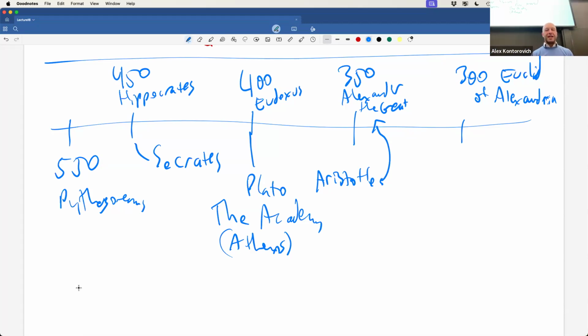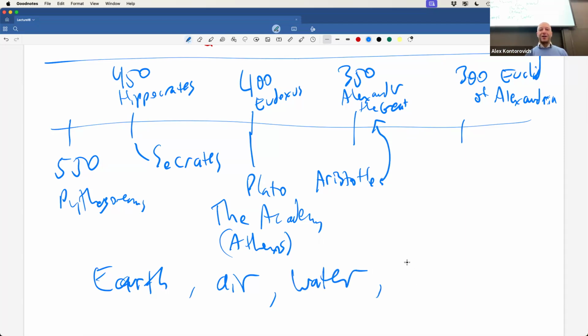So what people conceived of, what are the objects that we interact with all the time? We have Earth, the ground. They thought of the ground as an atom, like a little atom of Earth. They thought of air, a little atom of air. We obviously can feel that we're breathing something. There's something around you. You have wind. There's water. Everybody needs to drink. There's water, and there's fire.